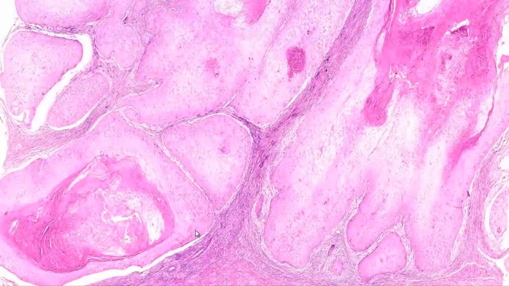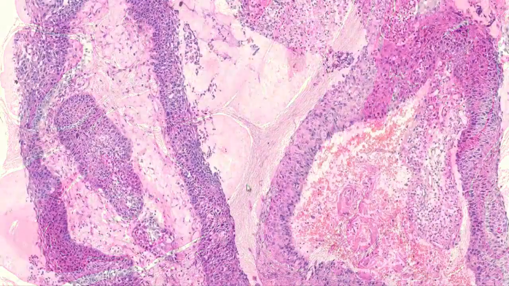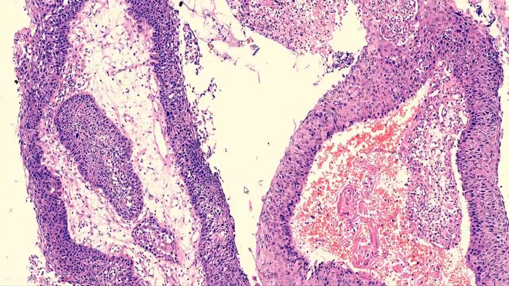Here we have a typical case of verrucous carcinoma with pale large cells and central foci of keratinization, broad rete ridges. On the other hand, we have a case of papillary carcinoma showing high-grade abnormal features of the cells, atypia, anisonucleosis, high-grade nuclear changes, invasion of the papillary core by the tumor. So the cytological picture of the two is very, very different.